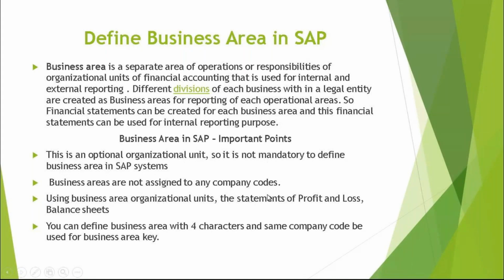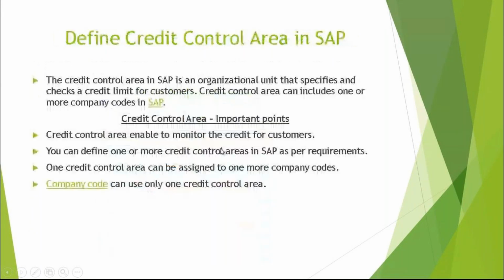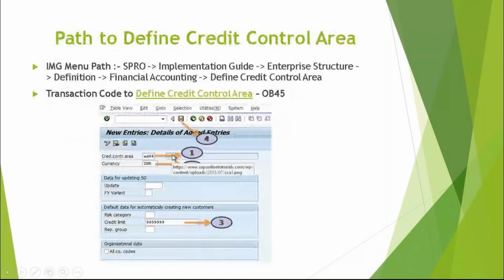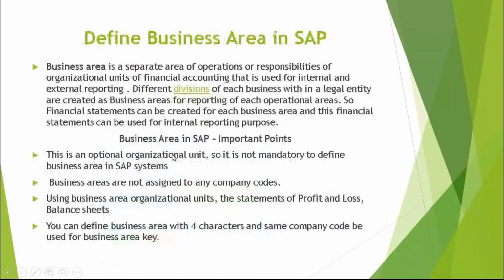See here what happens: a credit control area or company code, whatever you create, you should assign it. As I told you in the beginning, if I have a pen or a pencil, I need to represent it as mine only, so I will assign it. Now I have a book. Without a name, how will I understand whose book this is? I have some company code, and the code should be represented with the code itself, like naming on the book. But a business area is not required to be assigned to the company code.